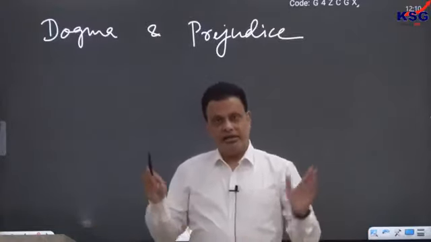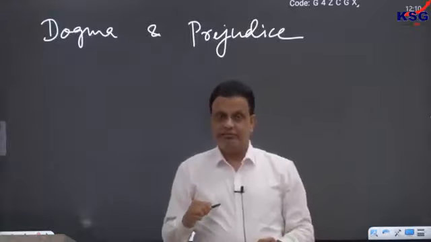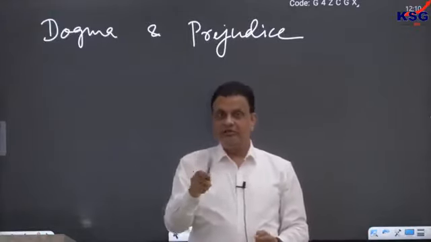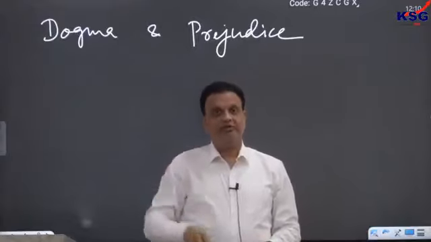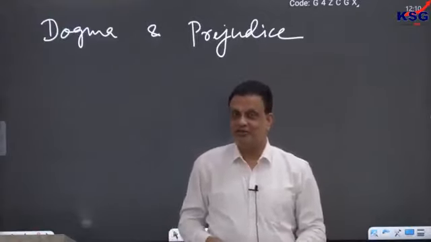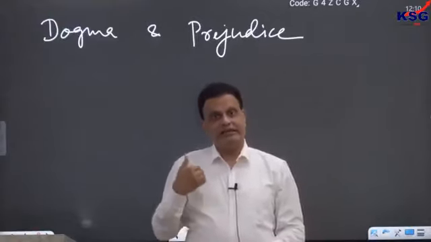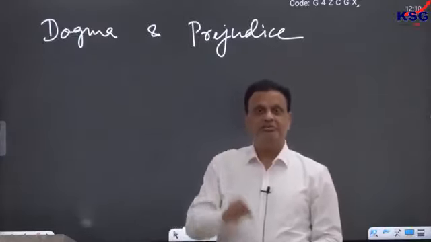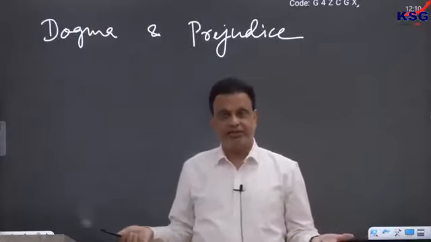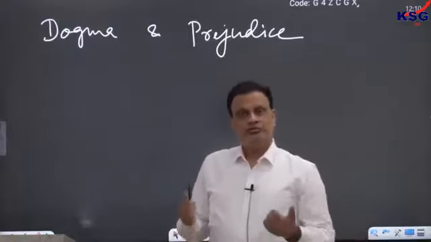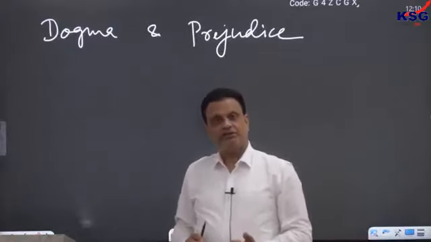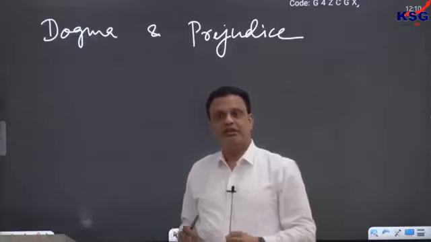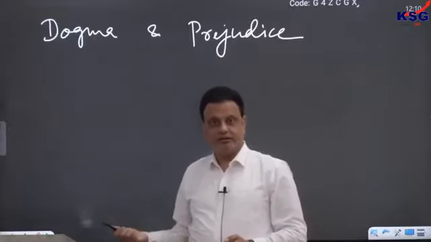Suppose, for example, in this classroom, if I say something and I ask all of you that anybody who disagrees with me, well, leave the classroom. I don't want any such student in my classroom who does not agree with me. If I say so, then my opinion becomes dogmatic opinion. I do not allow anybody to say anything against my opinion. So that will make my opinion dogmatic. Such rigid opinion which does not allow the opposition to exist is called dogmatic opinion.